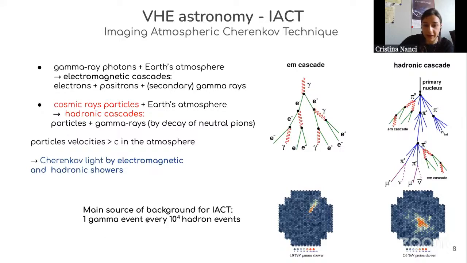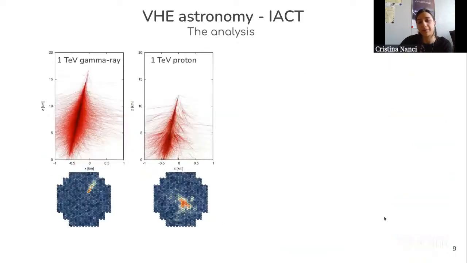We have one gamma ray event every 10 to the 4 events, but luckily these two kinds of events look different in the camera plane, so we can distinguish between them. And this is one of the main aims of the EACT analysis, indeed, the separation between gamma ray and proton origin of the events that we collect during the observations. And we can do that by parametrizing the Cherenkov images in the camera plane